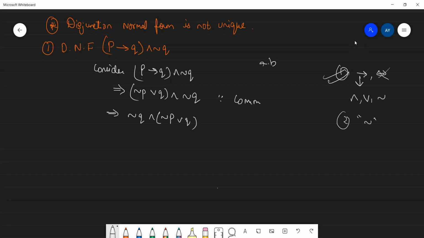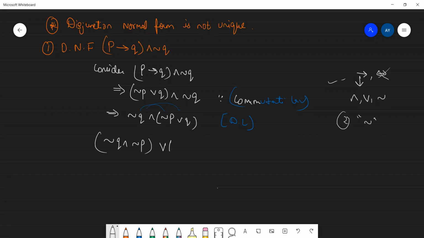If A ∧ B equals B ∧ A, so I just made use of that by using the commutative law. By using the commutative law, I got this step. Now this is something like distributive. So by the distributive law, how can you write this? You can write this as negation Q and negation P,